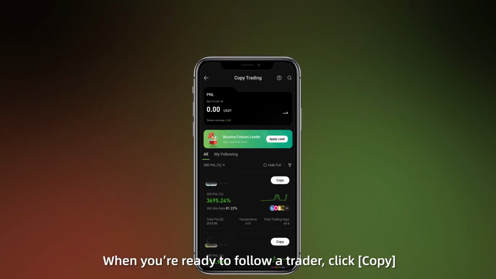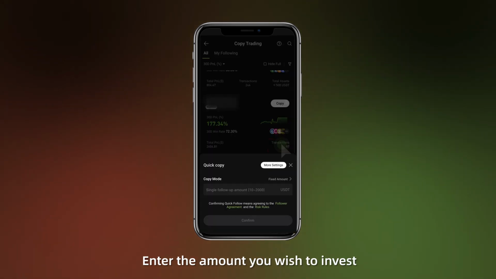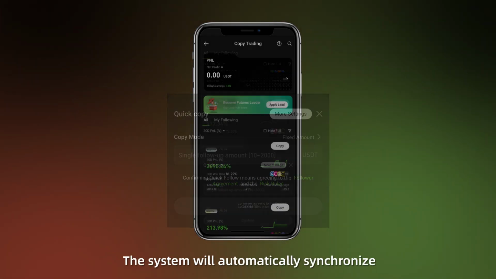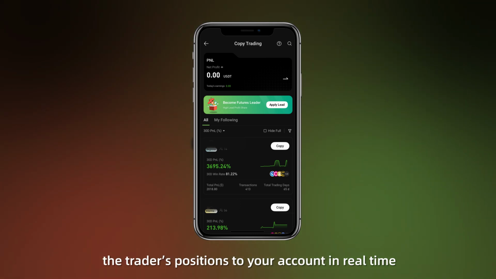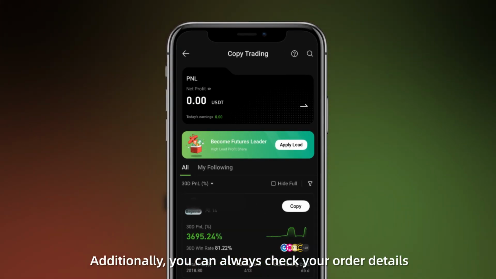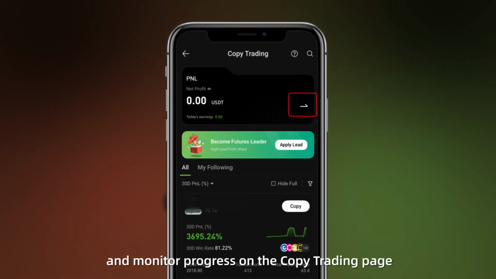When you're ready to follow a trader, click Copy. Enter the amount you wish to invest, then tap Confirm to start. The system will automatically synchronize the trader's positions to your account in real time. No manual action needed. Additionally, you can always check your order details and monitor progress on the copy trading page